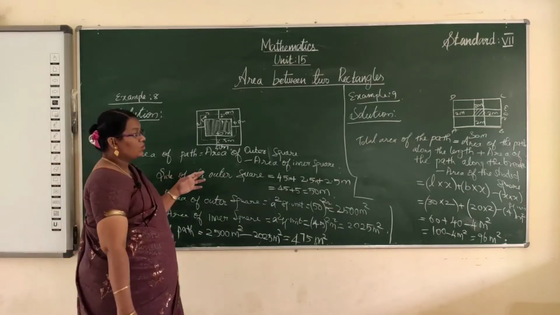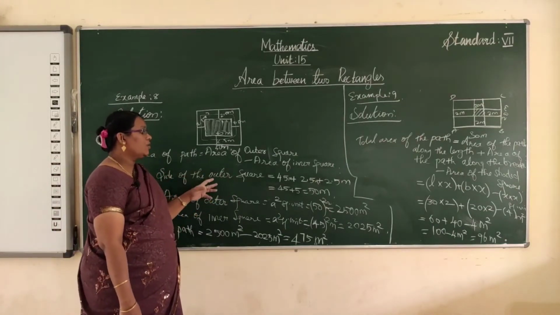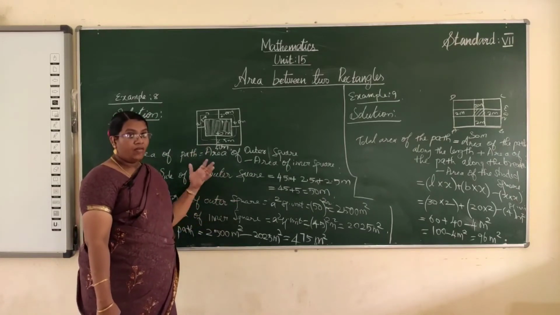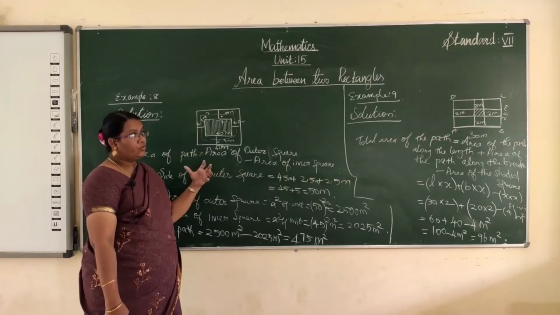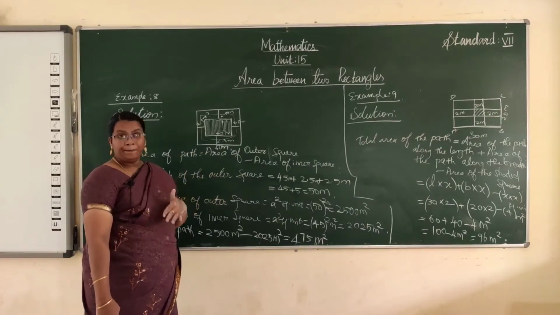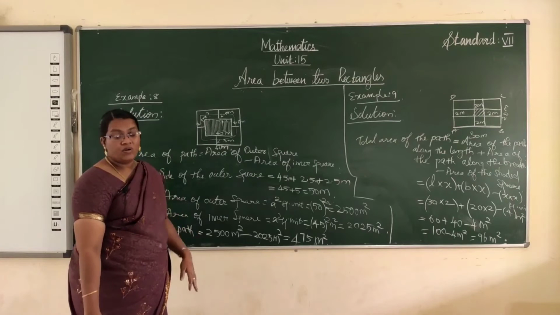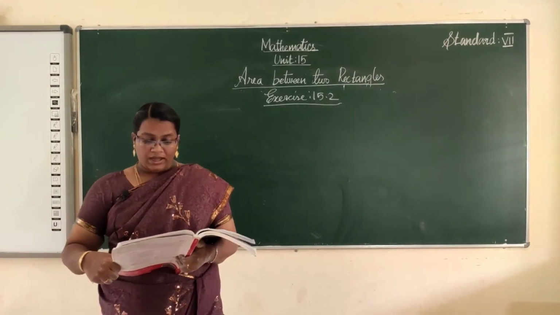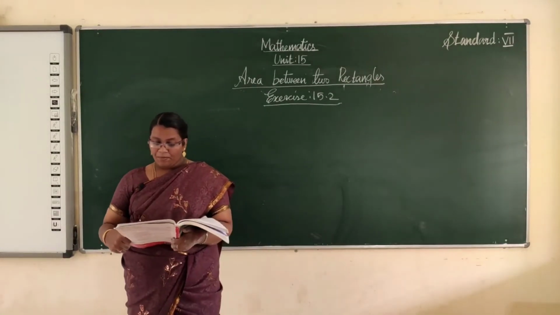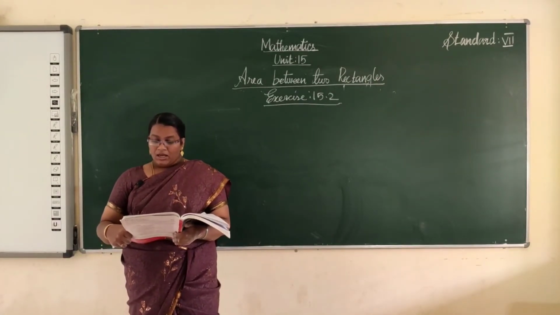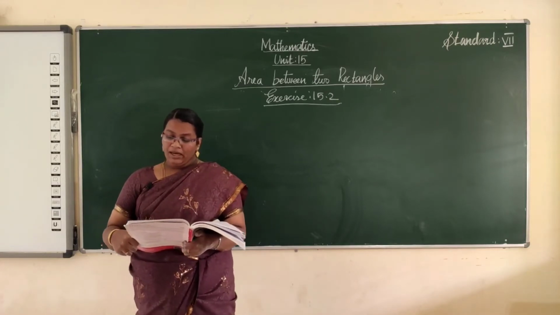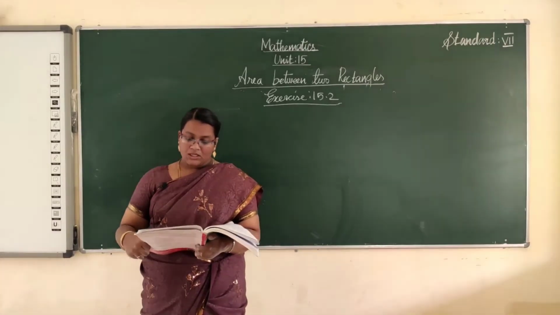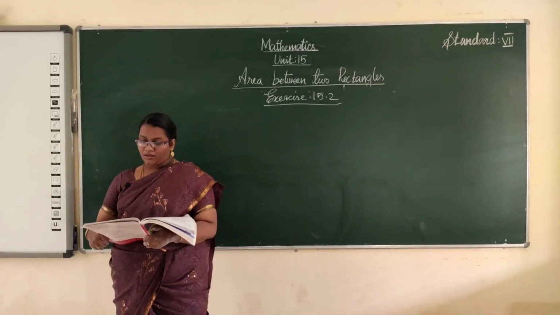Do you understand these two concepts, when we use this formula and when we apply that formula? I hope you understood. Now we will apply these two cases of formulas in the given exercise problems. 15.2. A garden is 90 meter long and 75 meter broad. A path 5 meter wide is to be built all around it along its border. Find the area of the path.